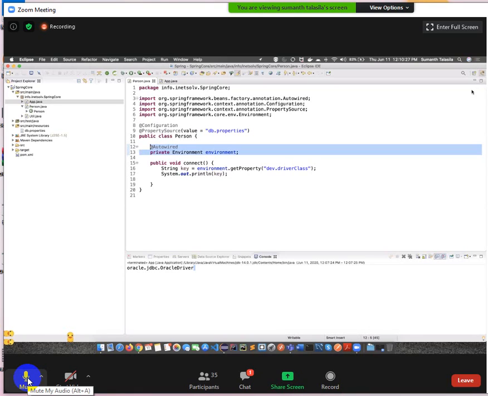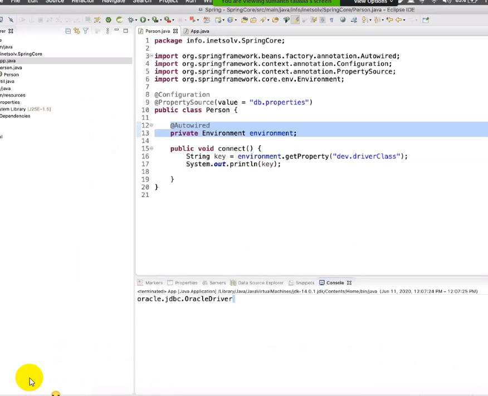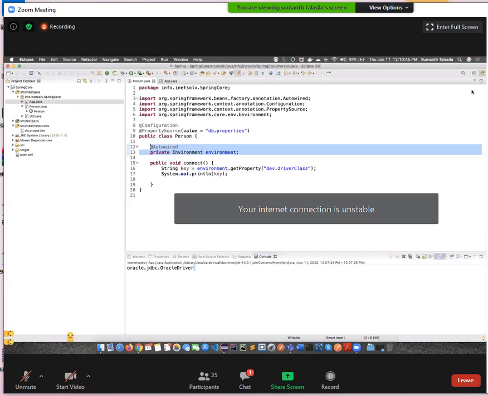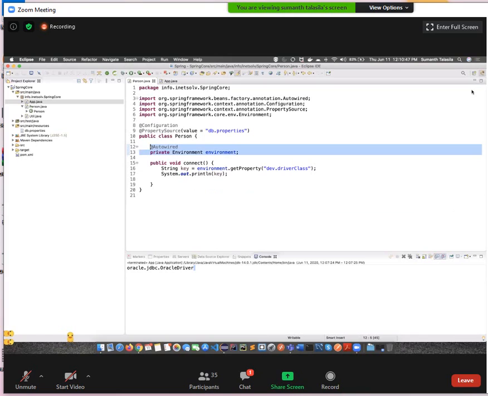Second, the Value annotation, right? Yes, sir. Third approach is the Environment object. So based on our requirements, we are going to use them in a project. Are you comfortable with the concept? Yes, sir.